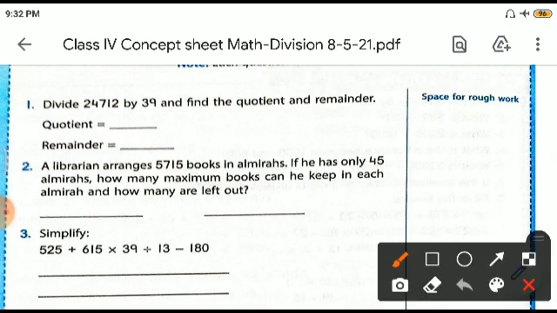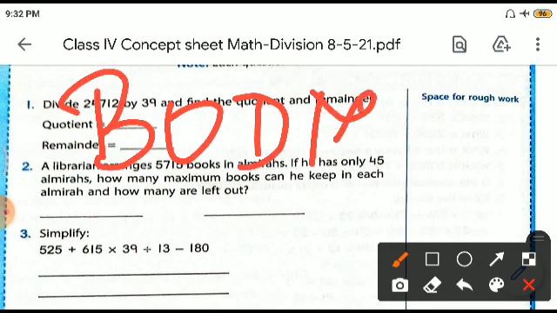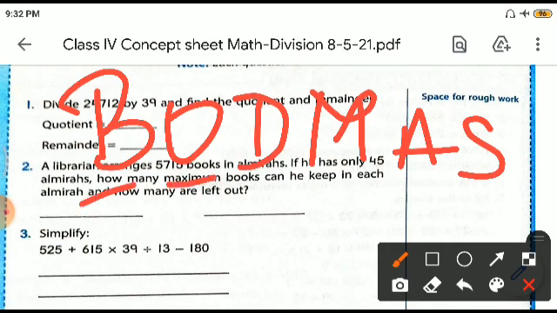There is one thing in mathematics which is called BODMAS, brackets of division, multiplication, addition, subtraction. Now this tells you a sequence in which you need to solve any problem if many symbols or signs are there. First bracket, then off is solved, then division, then multiplication, then addition, and then subtraction. So same thing you will be doing here.